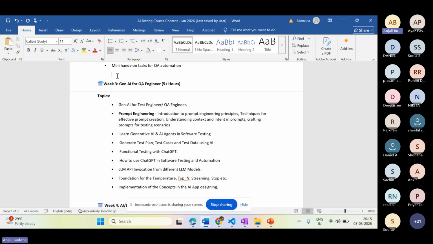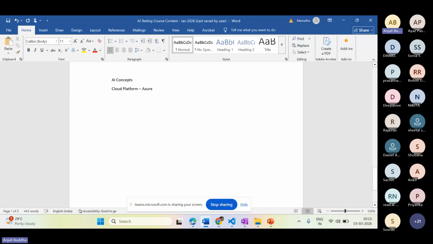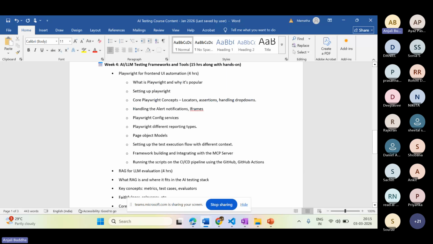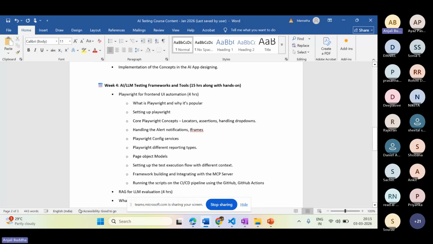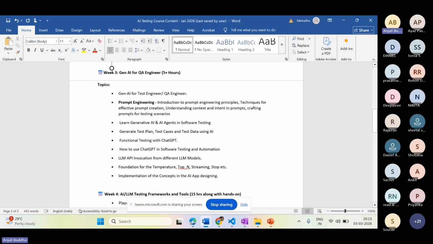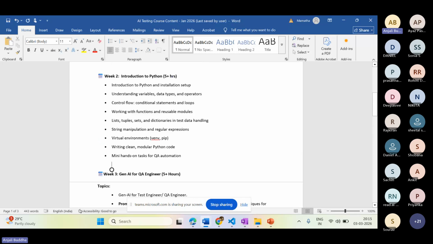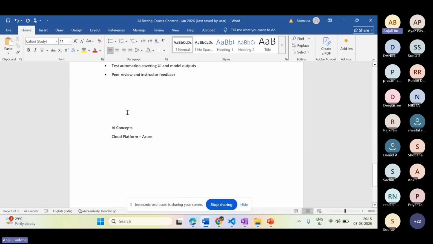First we are going to take it as part of functional testing. If you are going to start with automation, at that time we are going to learn the concepts with Python with Playwright. As part of the automation, we are going to learn Python with Playwright, from basic to advanced.